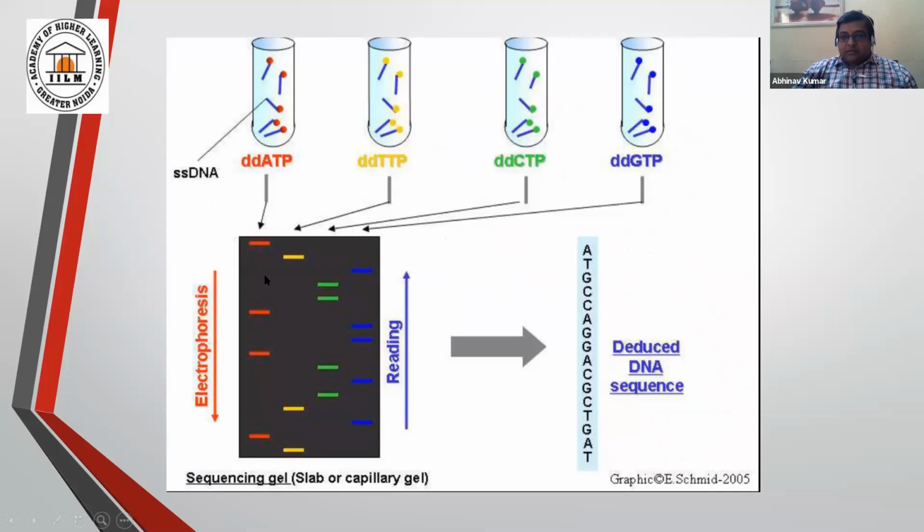This is the kind of staining and you can see this is a stained photograph picture. So this is how the reading comes. Fine. The bottom one is T, then A, then here this is A, then the last one is G. So with the help of this banding pattern, you can read the whole sequence, no matter how big the sequence is. It is easily readable.